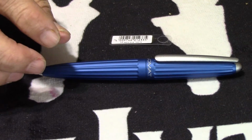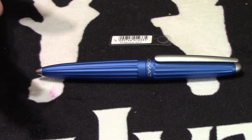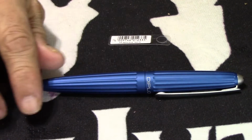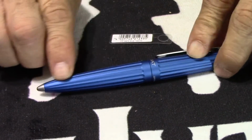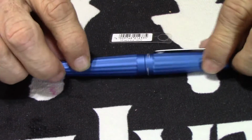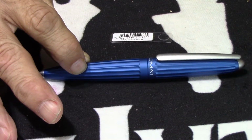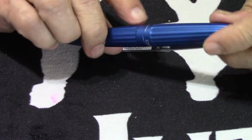I think. It's anodized aluminum, and the pen again is inspired from Zeppelin. The barrel and the cap have grooves like depressions in it, as you can see. That's really cool. I like that. This is what got my attention right there, the way the design of the pen and how the designs in the barrel were made. So right here on the cap it has Diplomat, and